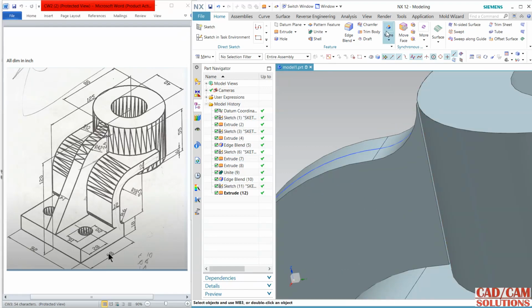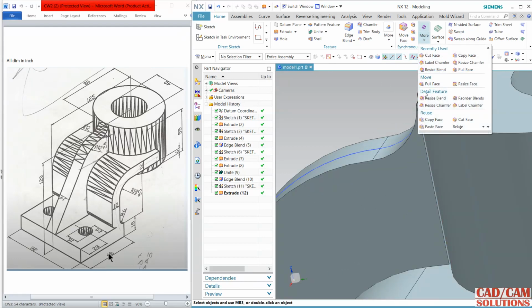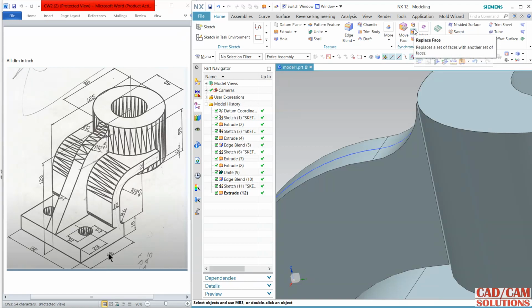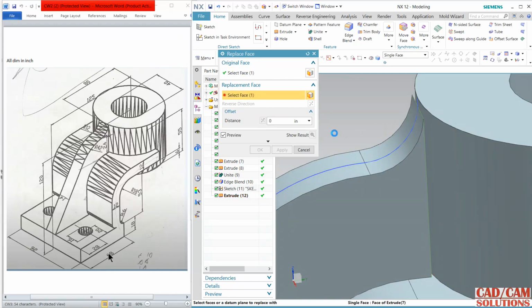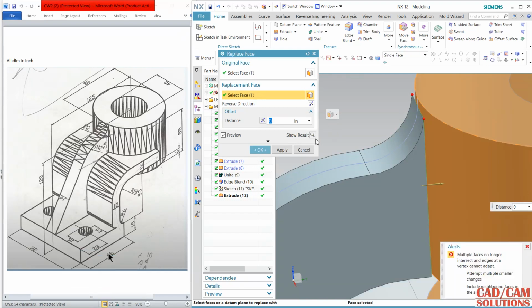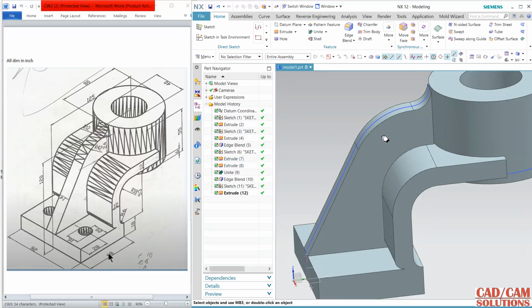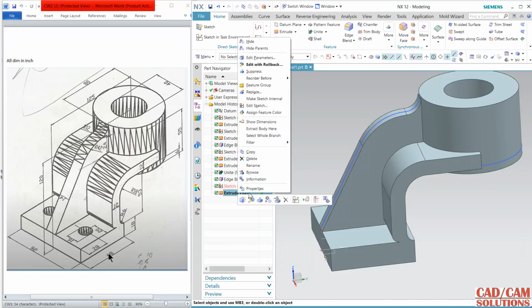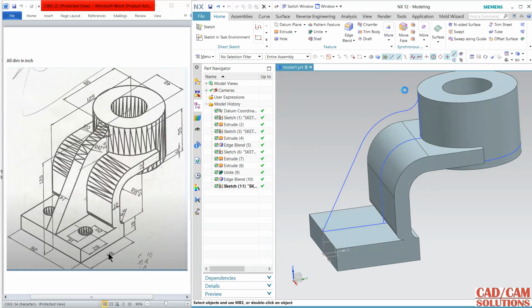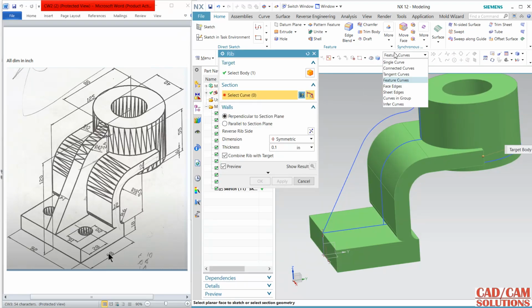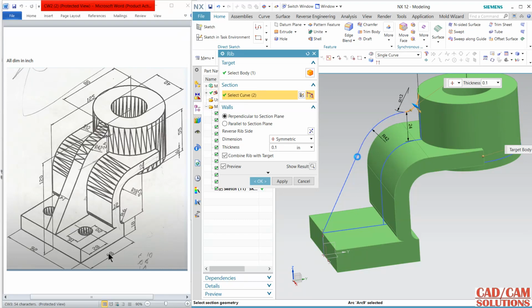And now I'm going to replace this. So here we have replace face. This is the replace face. I want to replace this with this one. Okay, it is not possible, it is not selecting. So delete this, and let us see the rib one, and I'm going to select single curve,